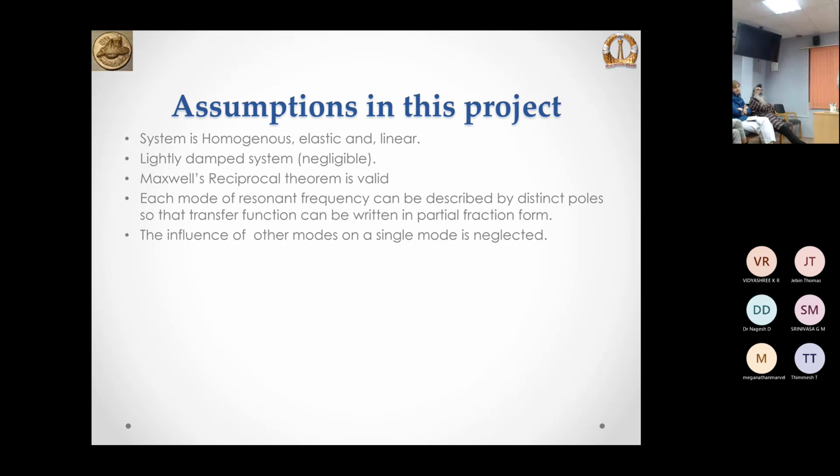I have used some assumptions here. The system is homogeneous, elastic, and linear, and it is lightly damped, that is, the damping ratio is very small. Maxwell's reciprocal theorem is valid, and each mode of resonant frequency can be described by distinct poles. The poles are distinct, they are not repeated. And the influence of one mode on the other is negligible. With these assumptions,